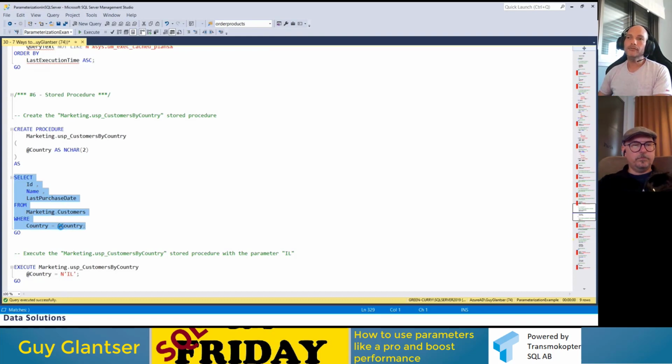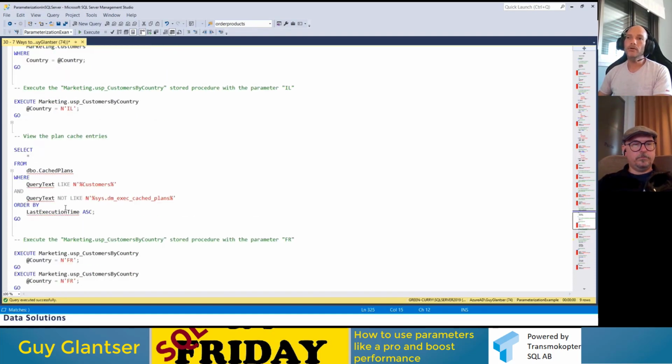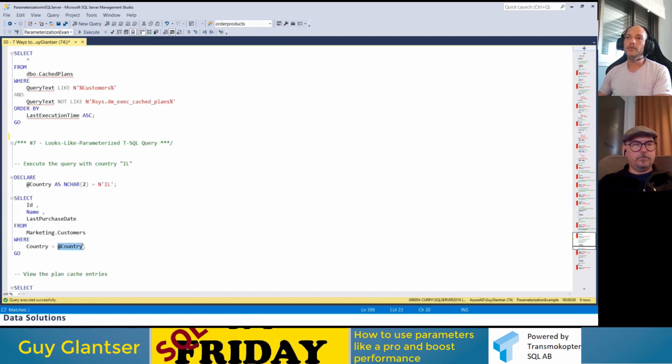But if we don't look above, we don't know if this is actually a parameter like in this case, or a local variable like in this case. It looks the same because of the @ sign in the beginning, and it's really misleading because parameters and local variables are completely different things. They behave in a completely different way, and that's very important to understand. Let me show you what happens when I run this code.